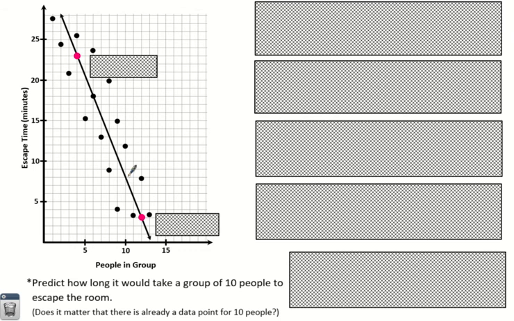Does that make sense? I hope it does. Again, you're making a prediction on the next group of 10. This was just one point of many that averaged out to your overall line, which helps you make predictions. So if you had to predict for 10 people, you'd actually go with that spot right there. And so your final answer is going to be